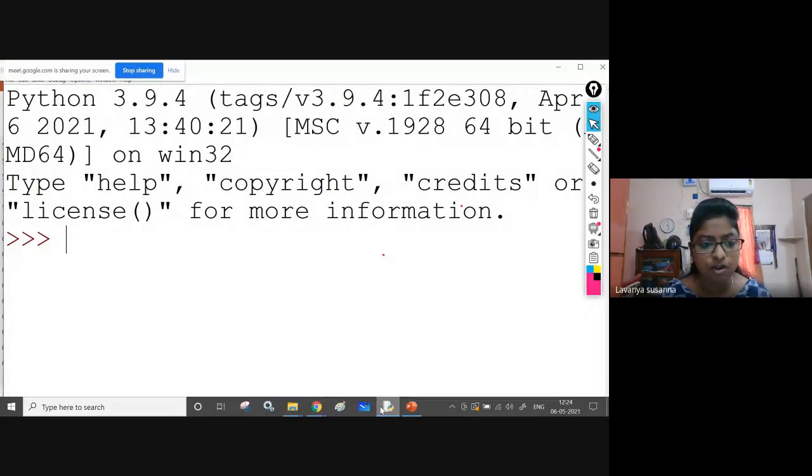Now see here, if you want to find the minimum element or maximum element from the array, just use the min function and max function. Okay, see here, I'm typing